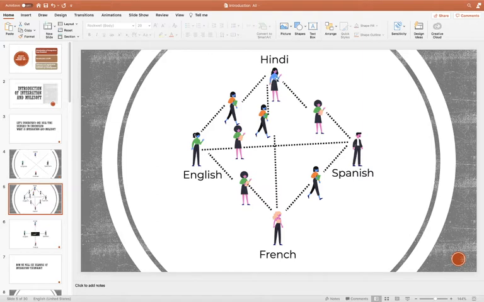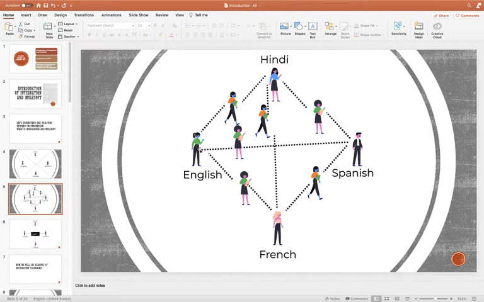Based on the message he received, he will reply in Hindi. Now this translator again will take that Hindi request, or you can say response, translate that Hindi message from Hindi to English and send it to this person.